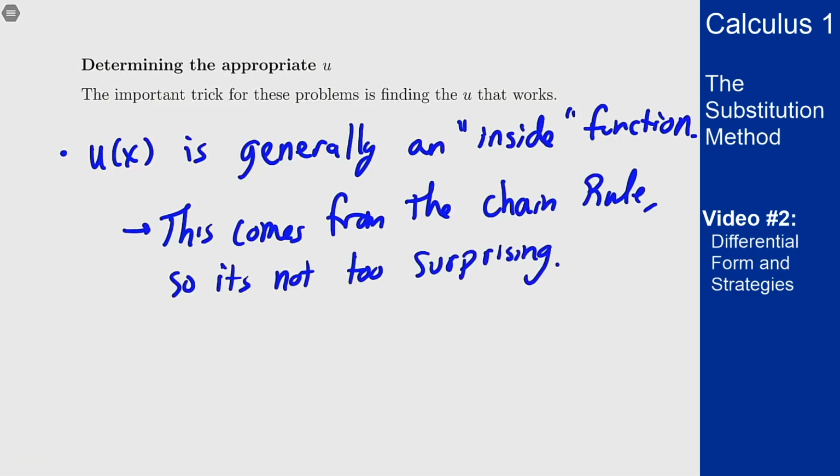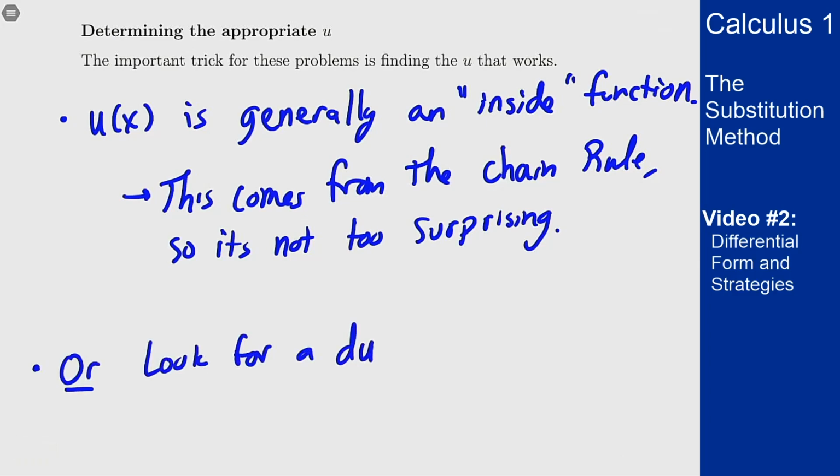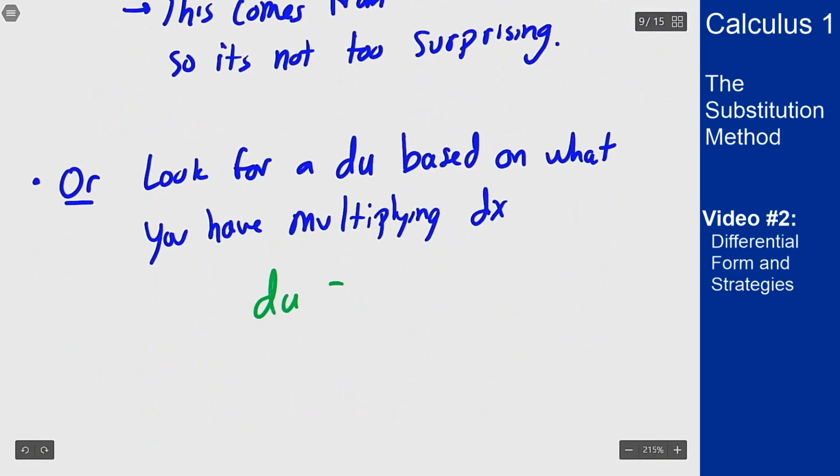The other possible technique is to look for what a du might be based on what you have multiplying dx. For the situation, you always have that du is something times dx. If you've got a nice expression that might be a good du for something else in your problem, you could start by looking for the du and just sort of backward construct what your u should be